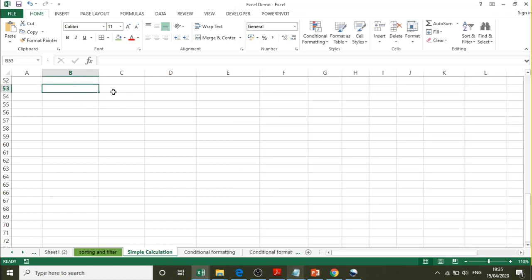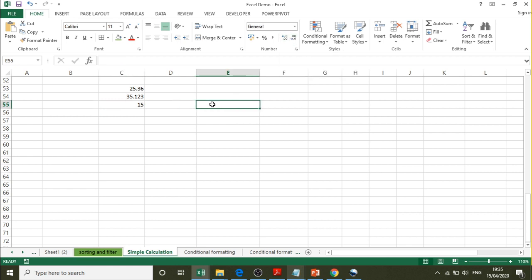I have some values here, 25.36, 35.123, 14.65. Clearly understand this, we can make use of increase or decrease decimal, but this is not the actual method of rounding.